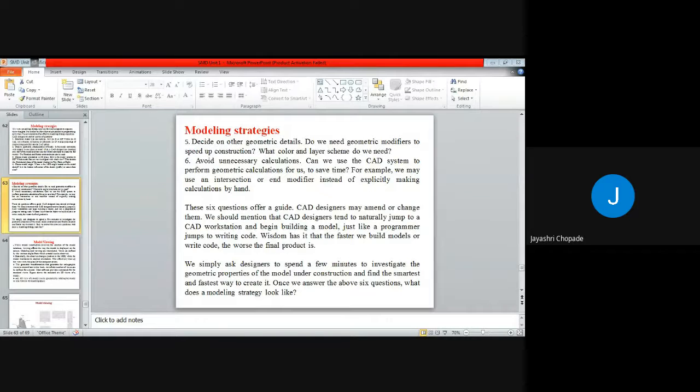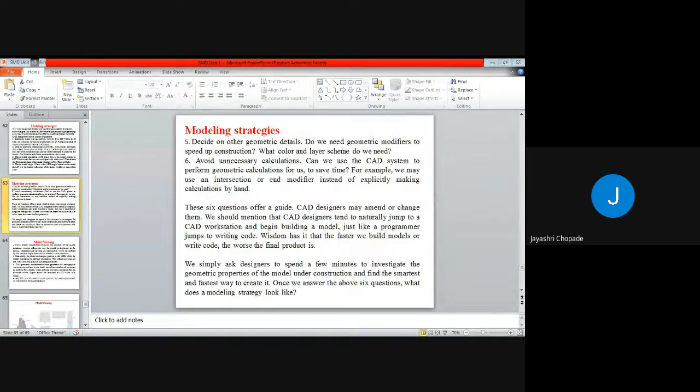These 6 questions offer a guide, and a CAD designer may amend or change them. We should mention that CAD designers tend to naturally jump to a CAD workstation and begin building a model. So we simply ask the designer to spend a few minutes investigating the geometric properties of the model under construction and find the smartest and fastest way to create it.